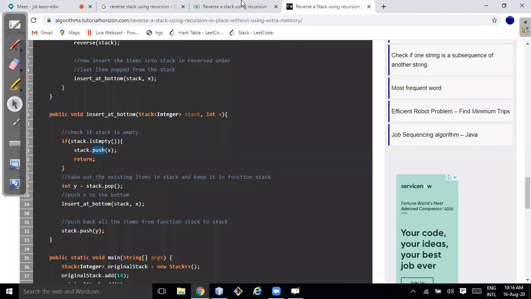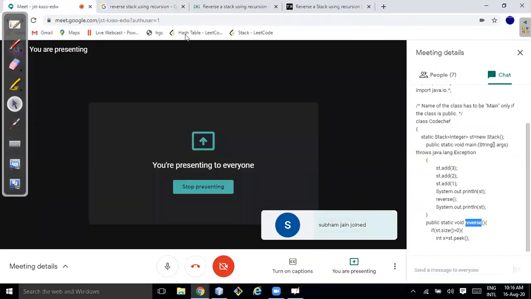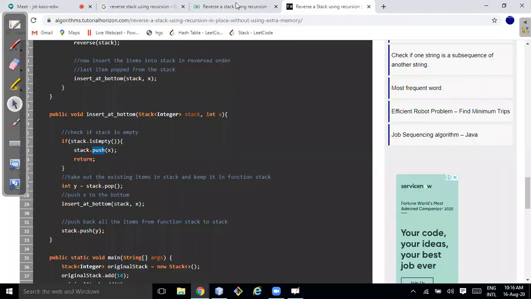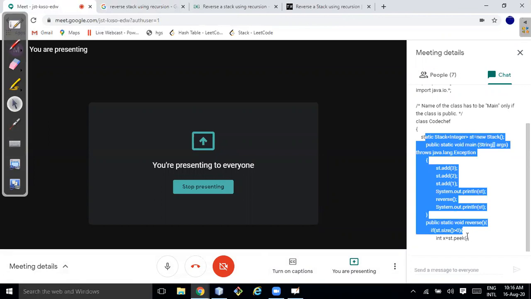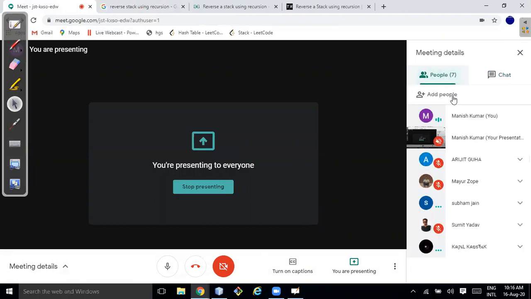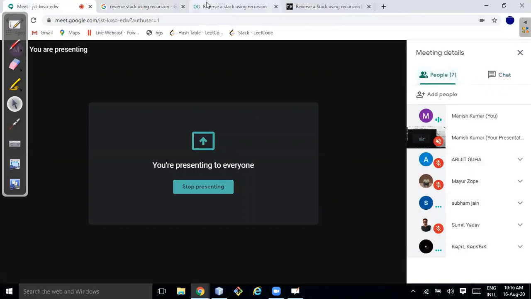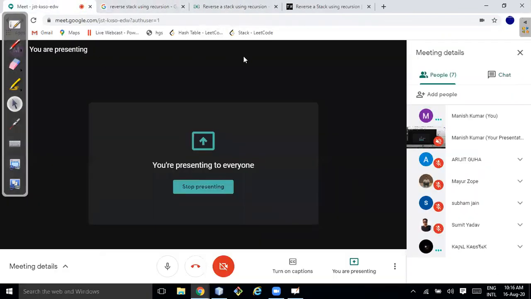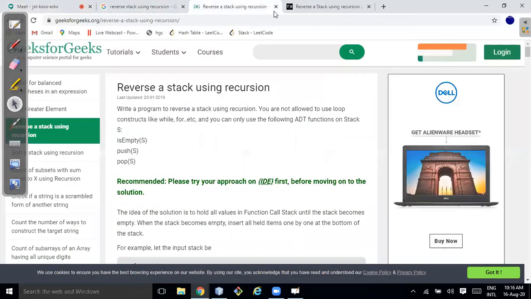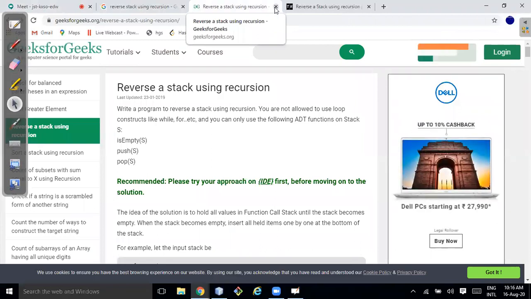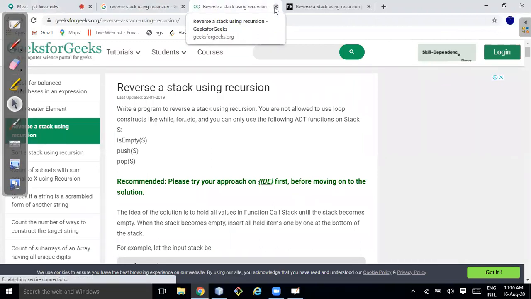Yes, sir. Okay, so these are the two techniques you can use to reverse the linked list, or reverse the stack. I hope it's clear. Yes, it makes sense. And regarding how to use recursion with this stack to reverse the string, I'll come to that problem when I explain the recursion topic. It will be a very big topic actually. A lot of things are there in recursion: forward recursion, backward recursion, so many things.